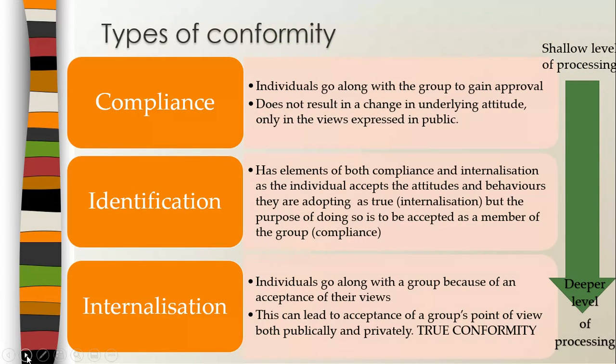Now, as well as explanations for conformity, you've got types of conformity. So it's like levels of conformity. So you've got compliance, identification, and internalization. Compliance is like low-level conformity. Internalization is deep-level conformity. So compliance is normally short-term, it's public, it's temporary, and it's where you go along with